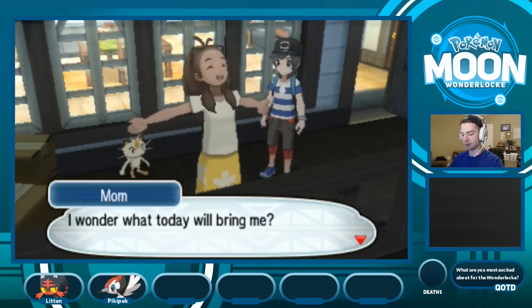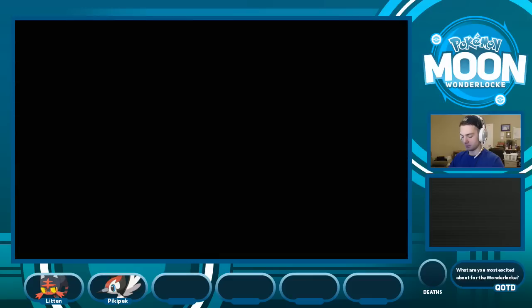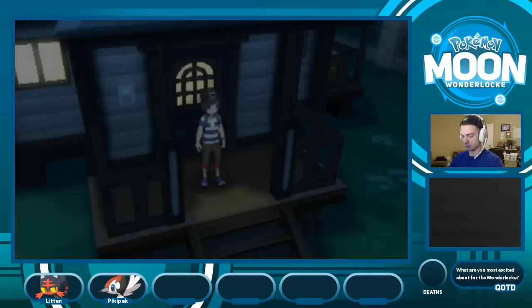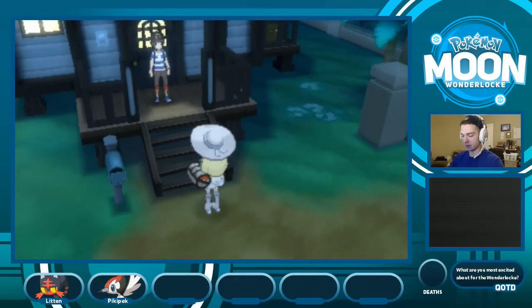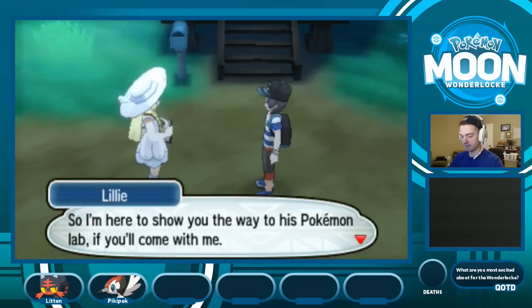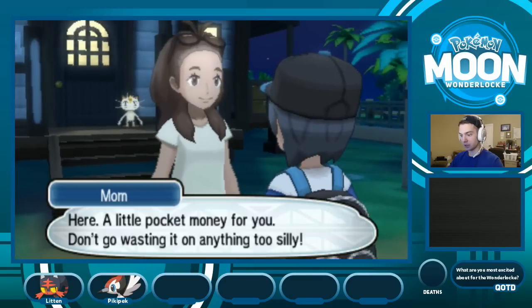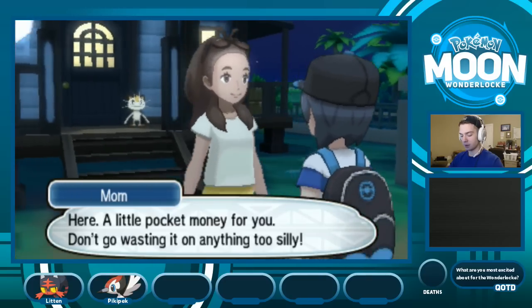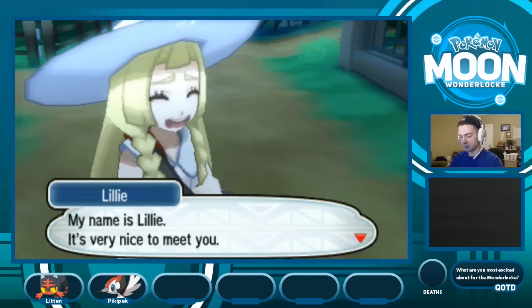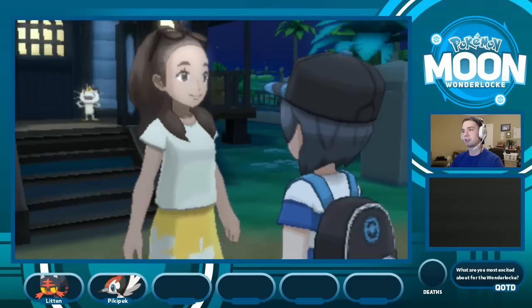Oh, what a beautiful night. Mom, your sleep schedule is terrible. Who is it? Oh, it's Lily. Yeah, that's right. Lily's the one who comes over because she didn't barge in. Oh, yes, we can go to the lab. Oh, thanks, Mom. Please let me be able to go to Festival Plaza after I get the Rotom Dex. Well, I guess I can go to the Pokemon Center immediately after I get the Rotom Dex, so...